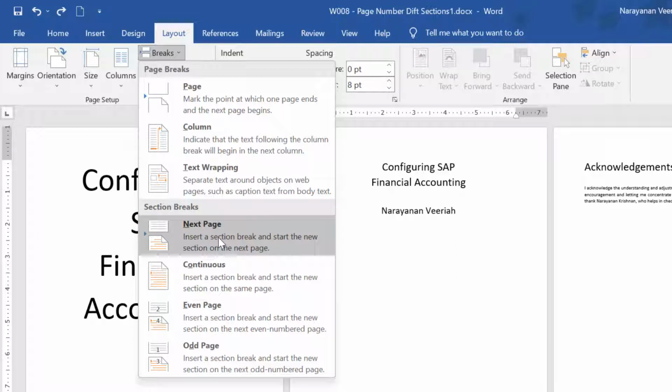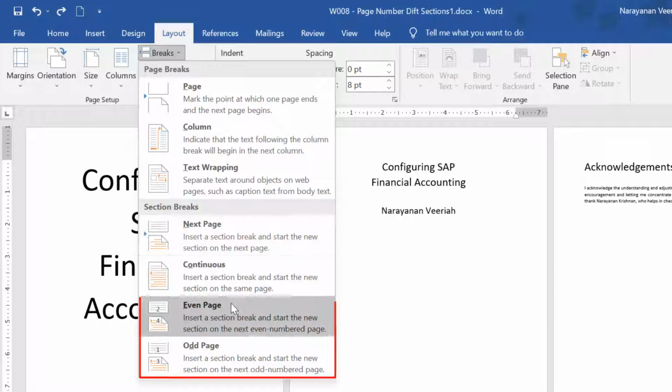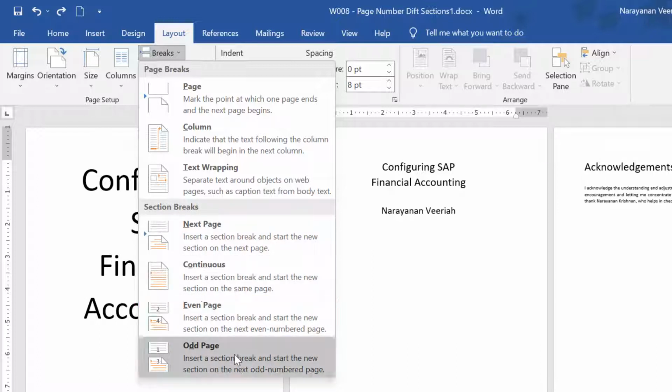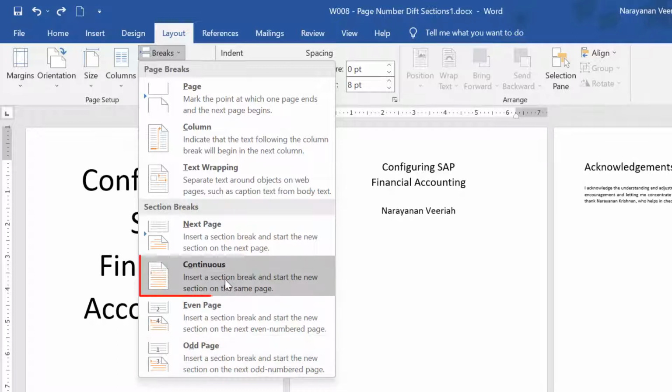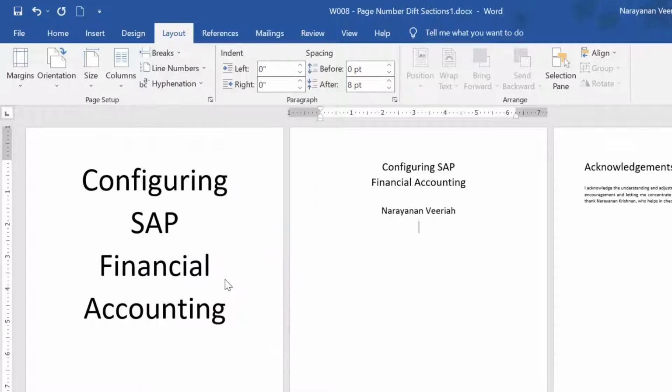It is possible that while inserting a section break, you can start the section on an even page or on an odd page. You can also start the new section on the same page by clicking on Continuous. Let us use this option as we do not want to have any blank pages in between sections.